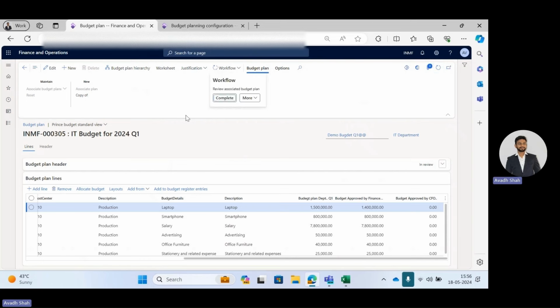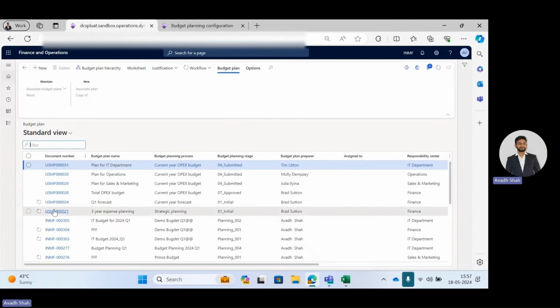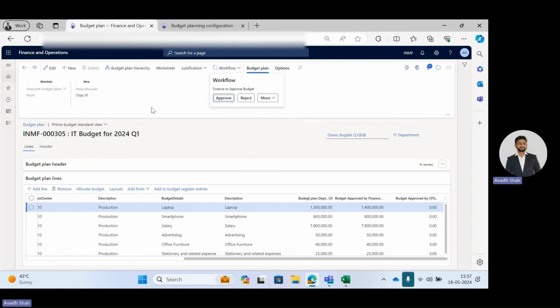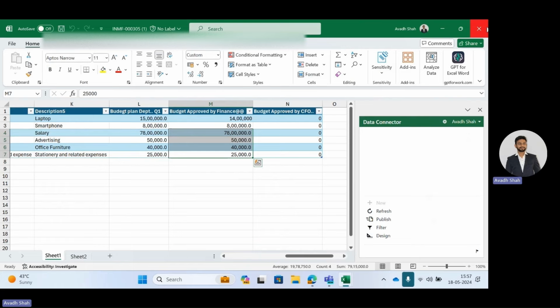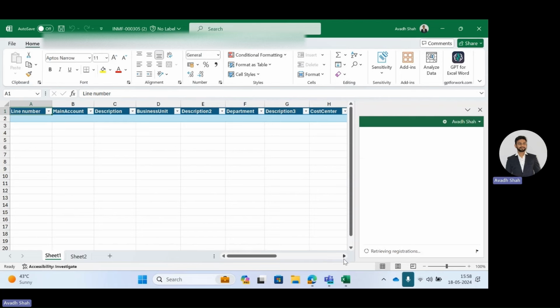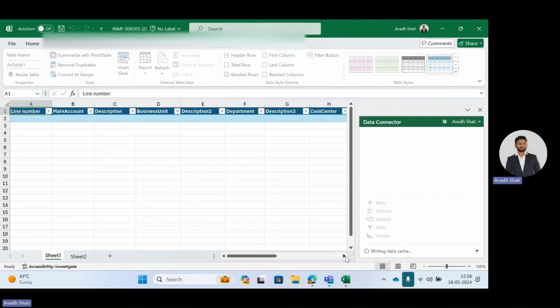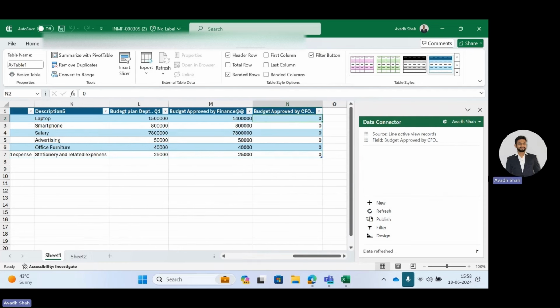And now the finance team sends this budget to the CFO. It will take some time. The workflow batch will run in the background. It is still in review. Okay. So now this budget will come to the CFO. The CFO again will open this worksheet. I'm going to close this old worksheet, and the CFO will approve the budget plan as per their necessity and as per their thinking. Like suppose in the current case, the CFO approved